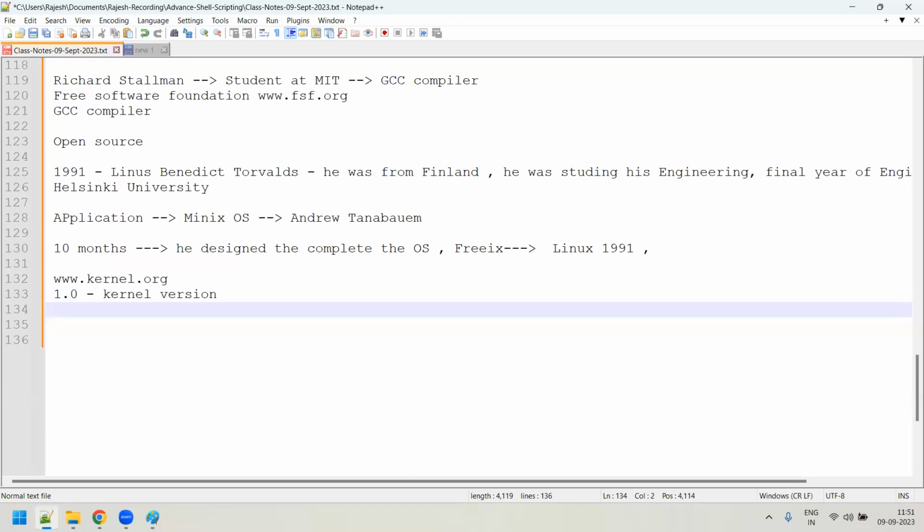Anyone can go and download the code and the operating system and everything. They can go through the code and understand how the operating system works. So a lot of people started downloading it and going through it. That is how it started, and that's how he started Linux.